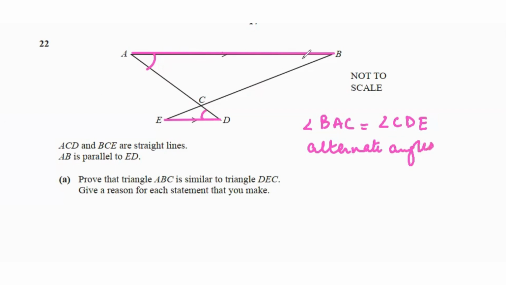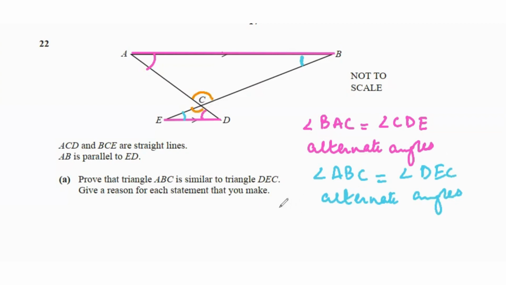Similarly, this angle will also equal to this angle because once again they're alternate angles. Angle ABC is equal to angle DEC because alternate angles. And lastly,